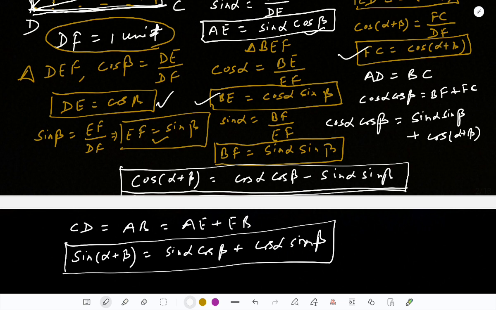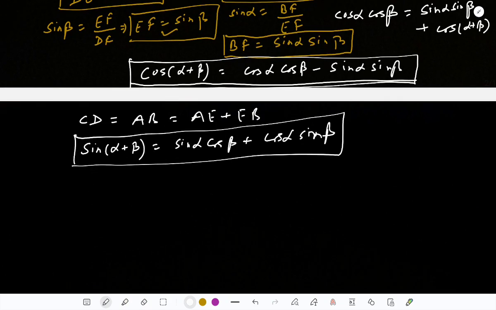They are called sum rules or formulas for sum of angles, and these are popular formulas. I think we are thinking within the box, and we have got addition formulas, perhaps they are called the addition formulas in trigonometry, and we got it for sine and cosine, and if you want you can get it for tan as well,